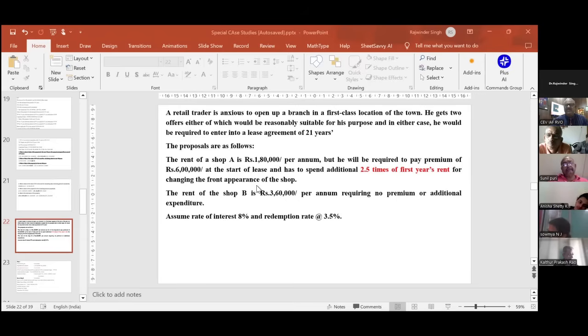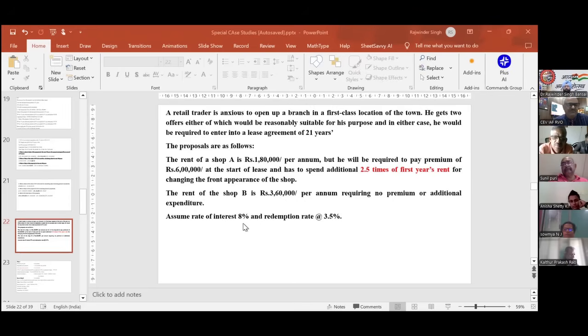Even in my city, it is a very small city, I am encountering weekly one or two clients of this type कि ऐसा मुझे ऑप्शन मिल रहा है, वहां पर इतना रेंट मिल रहा है, वहां पर इतना मुझे इन्वेस्टमेंट करना पड़ रहा है, वहां पर अनबिल्ट प्रॉपर्टी है, वहां पर बिल्डिंग बनी हुई है, तो दोनों में से कहां पर कौन सा मैं परचेज करूं? तो as a valuer you must know how to provide and how to give the answers and justification on paper, not only on verbal satisfaction but on paper also.